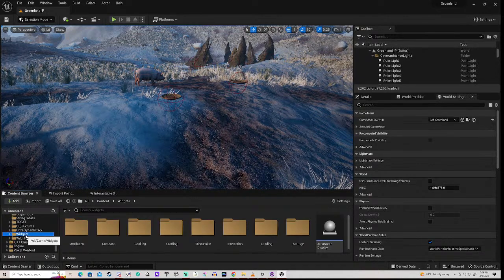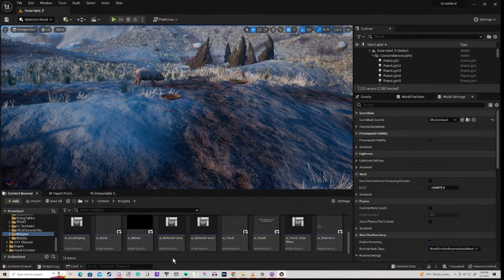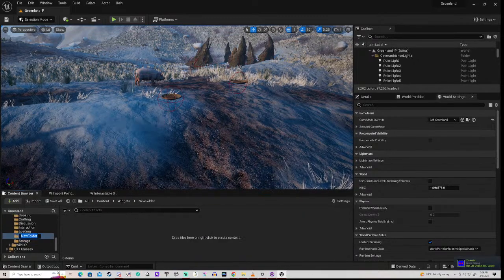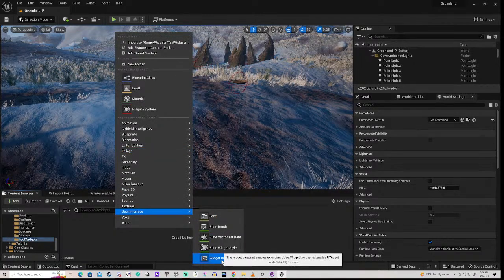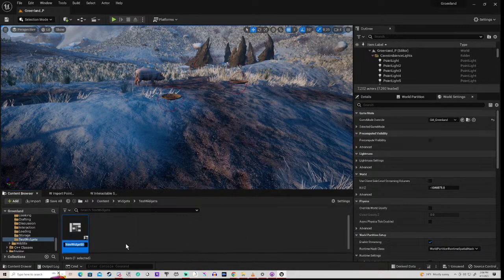right, we've got widgets. So let's create a folder. I'm just going to basically show you what this means. And we'll call it test widgets. Then in here we're going to create a widget. So user interface widget blueprint, user widget, and we'll call it W